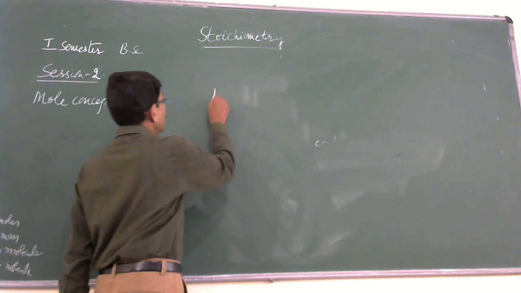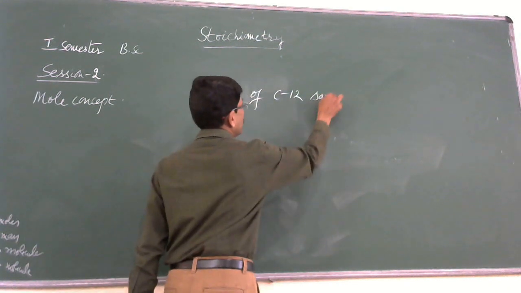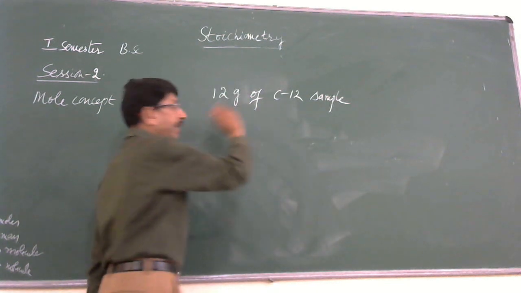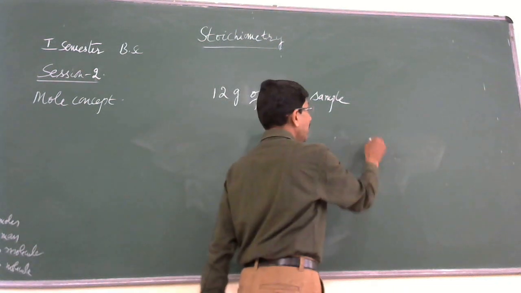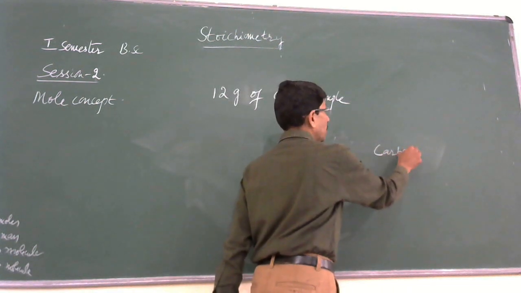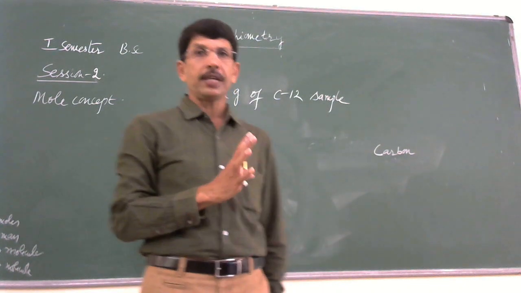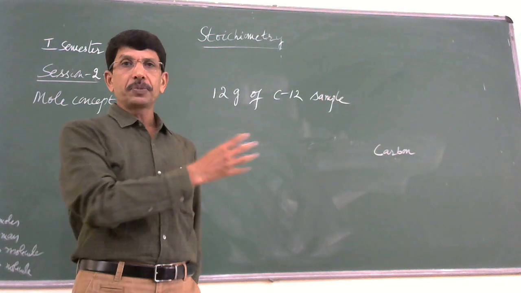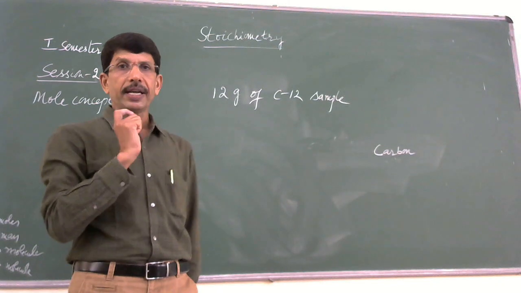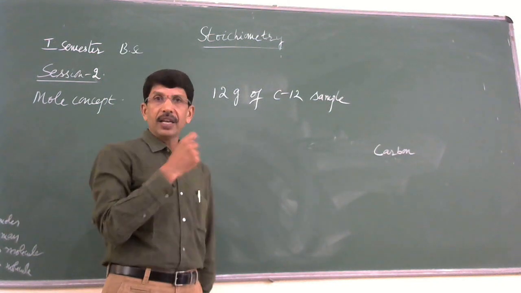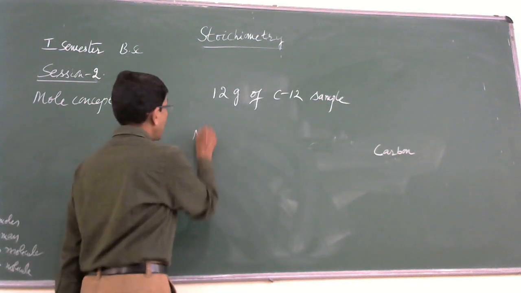So, if you consider 12 grams of C12 sample, it means there are no C13 or C14 isotopes. If you take a natural carbon sample, it contains C12, C13 and C14. So from such natural carbon, if you completely isolate the C12 isotope and take 12 grams, that's the meaning. So if you take 12 grams of C12 isotope, the number of atoms